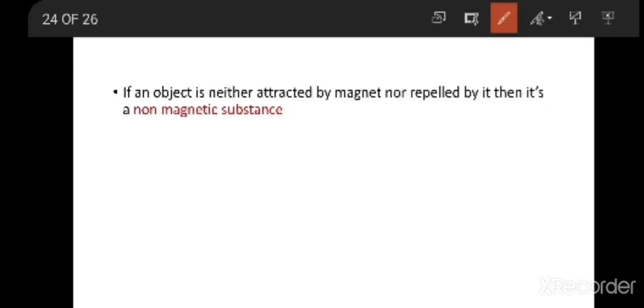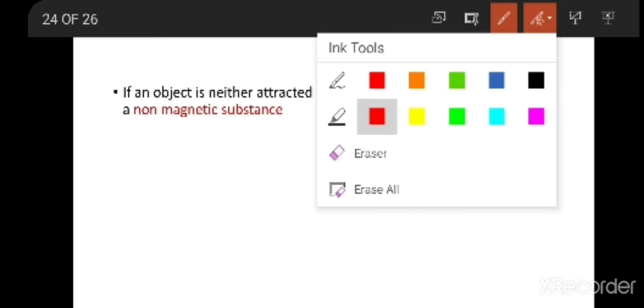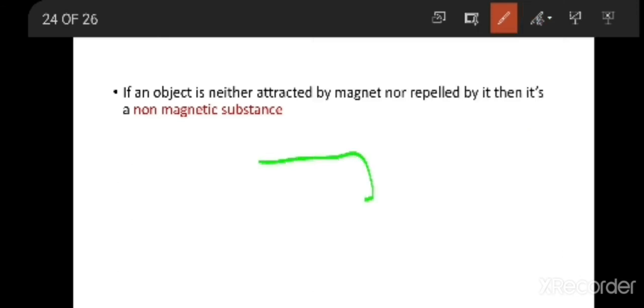And how do you find out a non-magnetic substance? Same, you take a bar magnet with a north pole and a south pole. First you should know what non-magnetic substances are. Non-magnetic substances are substances which are neither attracted nor repelled. They do not show attraction and they do not show repulsion.